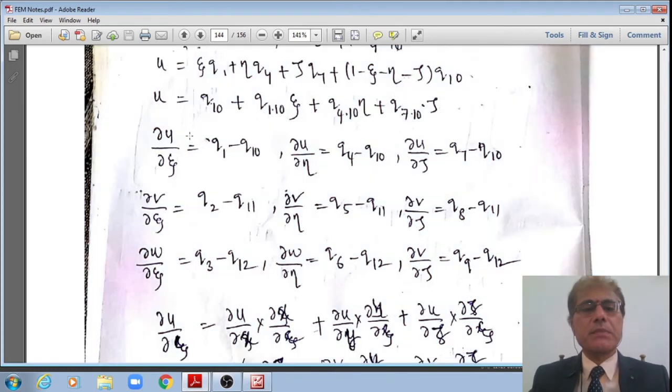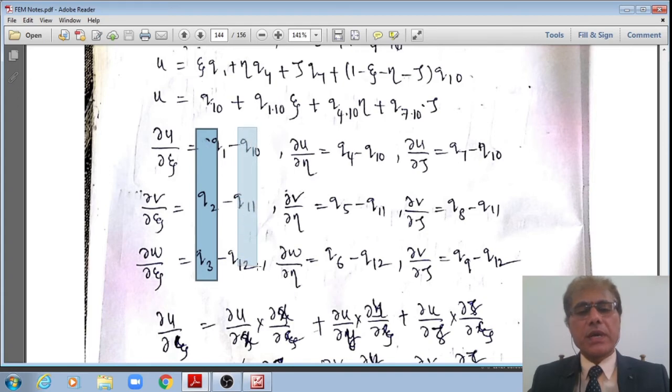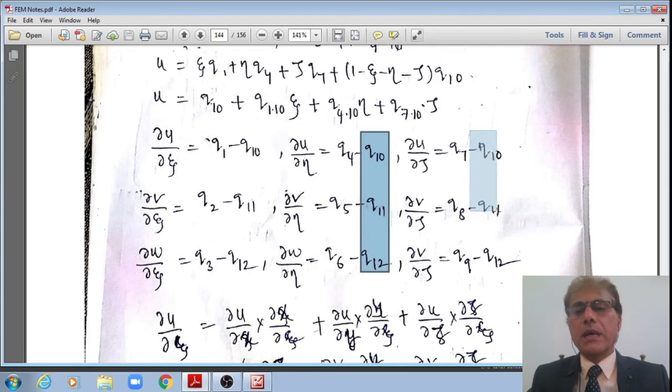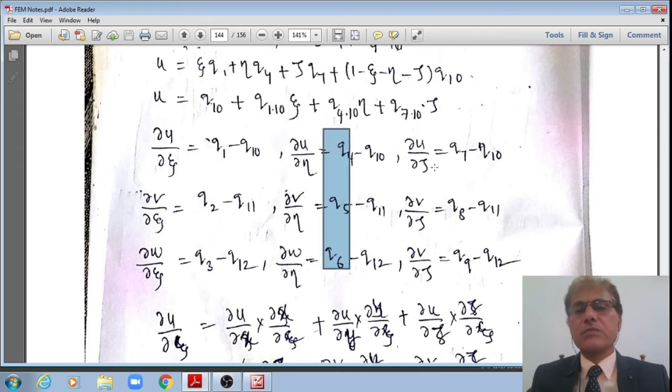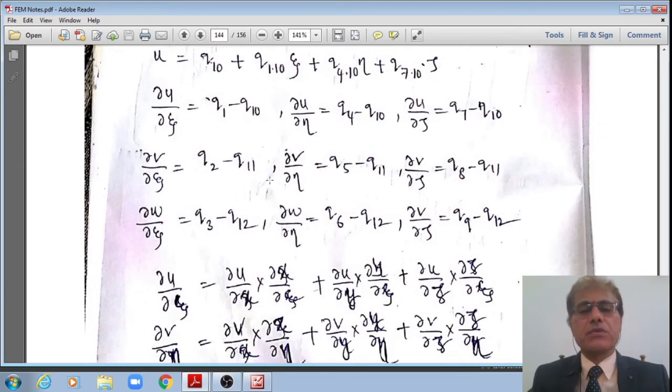This is how you can even simply remember, students, right? U changing cyclically to v to w, then q1 cyclically changing to q2 to q3, right? Therefore q10 changing to q11 to q12, right? Here 10, 11, 12 are common. However, these are now changing cyclically: 1, 2, 3, 4, 5, 6, 7, 8, 9. That is how you can remember in a cyclic fashion also, right?